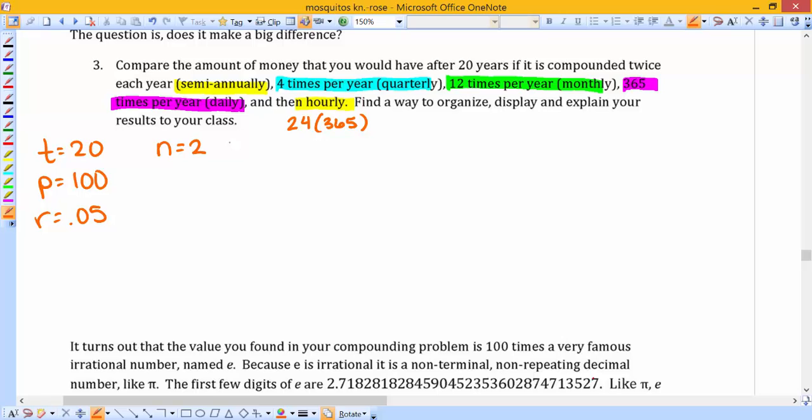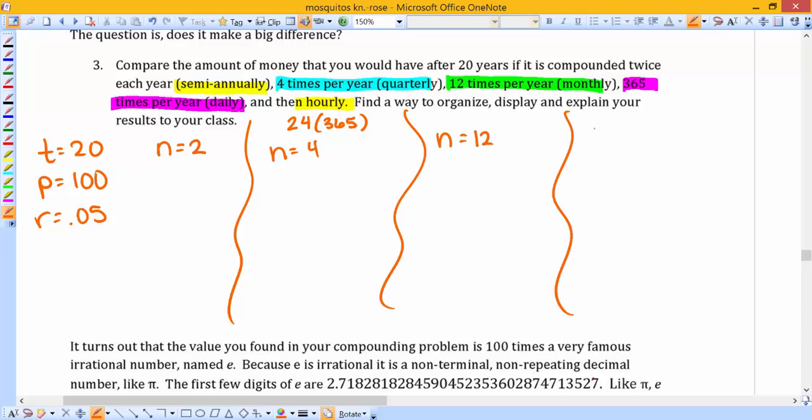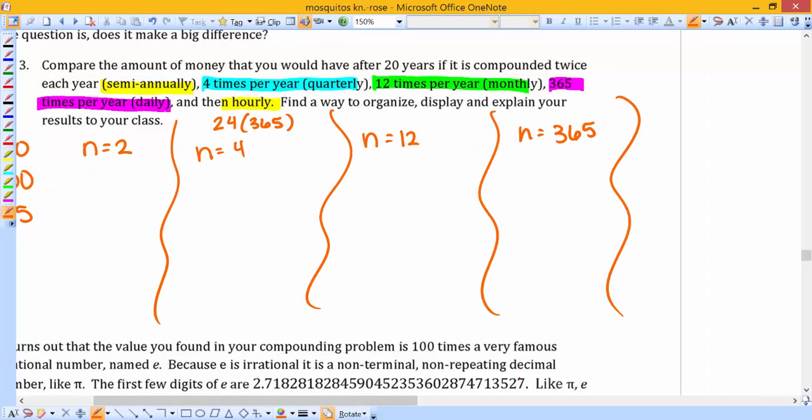1 when N is 2. And it does say organize your work. You might want to do this on another sheet of paper. 1 when N is going to equal 4. You have to do 1 when N is going to equal 12. You're going to do 1 when N equals 365. And then you're going to do 1 that is 365 times 24, when N is 8760. What I would like you guys to do with this problem is take the time to work through all of these